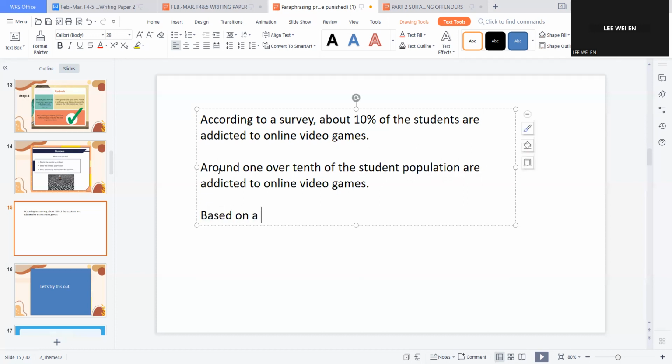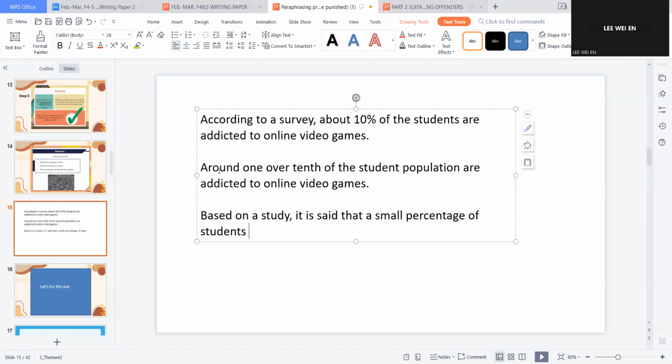Based on a study, it is said that a larger percentage of students, or a larger percentage, or 90%. Two ways of saying